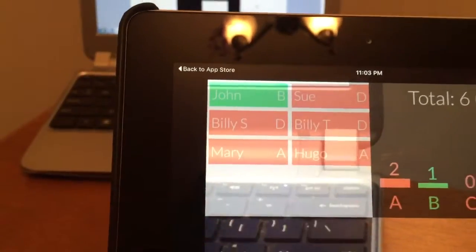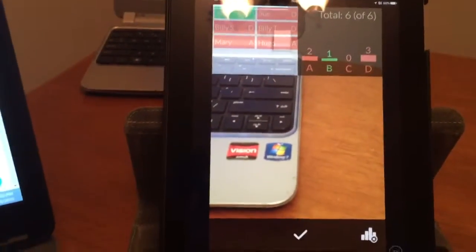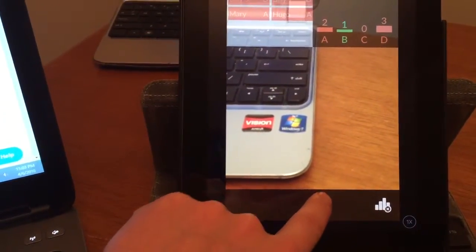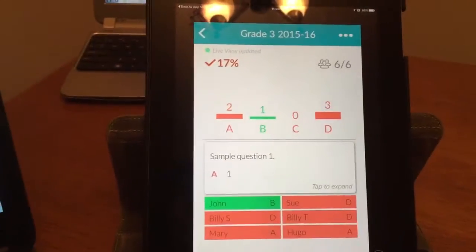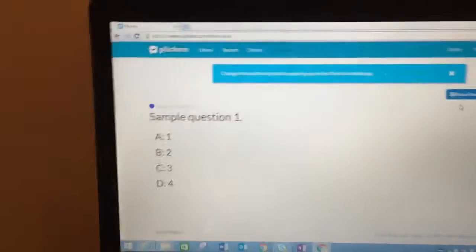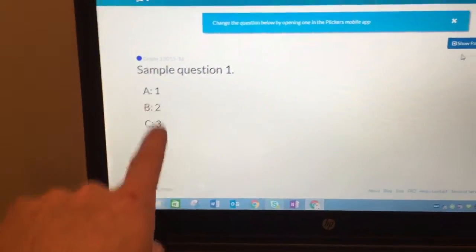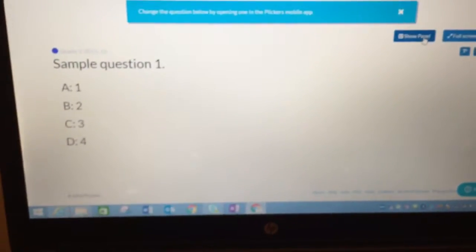I also see their names and whether they got the answer right or wrong, as well as which answer they selected. When I have scanned them all, I click on the check mark to say that I'm done scanning for that question. Over on this screen, again, it just lists the question and the answers for the students. However, if I go back here and I hit Show Panel,